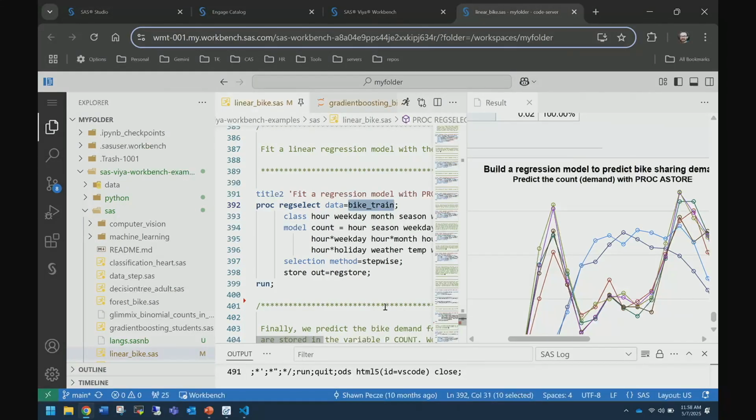So it's directly running this in the Workbench compute environment. And so you're just able to utilize these VIA Analytics in more ways. Here being one way is directly in process with a SAS proc.